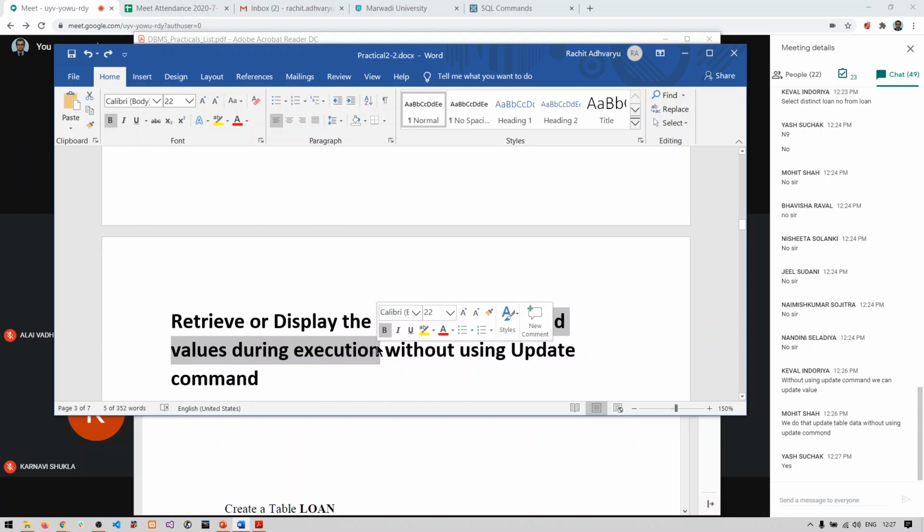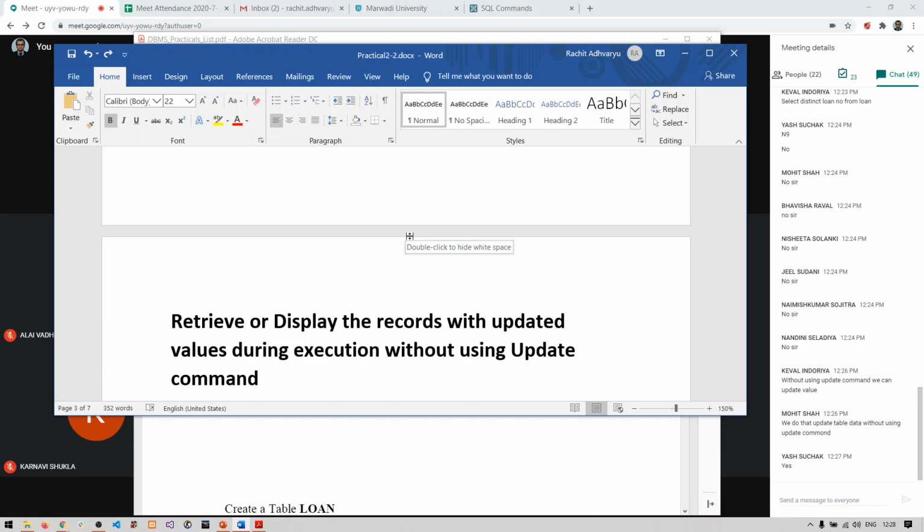That means we are going to update the data while writing the select query. Again, I am repeating: we are going to update some values or records by writing a select query. We are not going to write the update command. Right? So this is what the statement says.